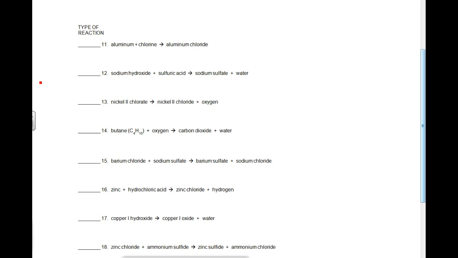Alright, we've learned how to do 1 through 10. That was the easiest type of balancing. But we're going to step up the difficulty quite a bit here. And honestly, these aren't much more difficult unless you didn't pay much attention